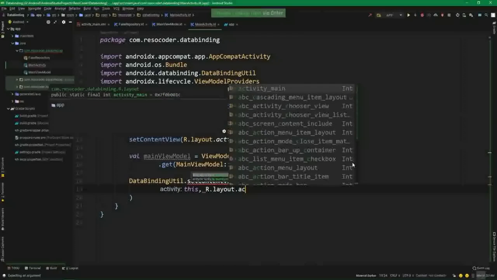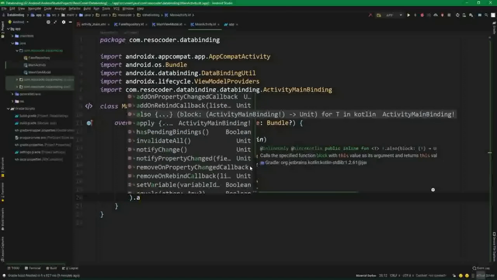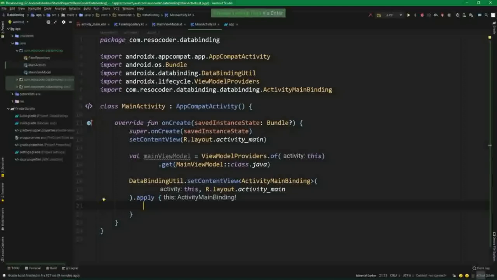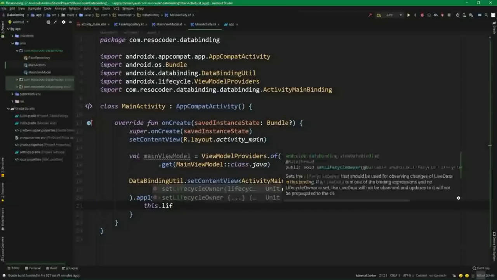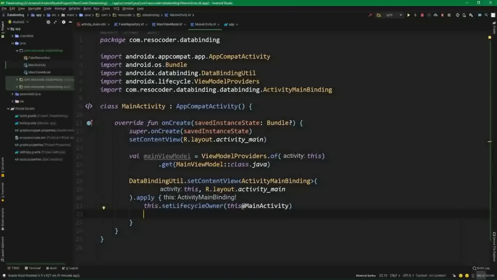Dot activity main. This data binding util set content view returns an activity main binding object, and on this object we want to set something, so we're gonna call apply, and we want to apply that this dot lifecycle owner is this add main activity. This is because of the live data that we are using, and then this dot view model,